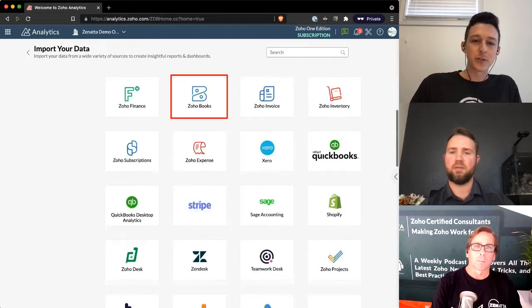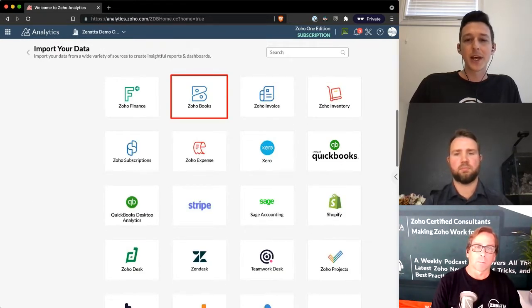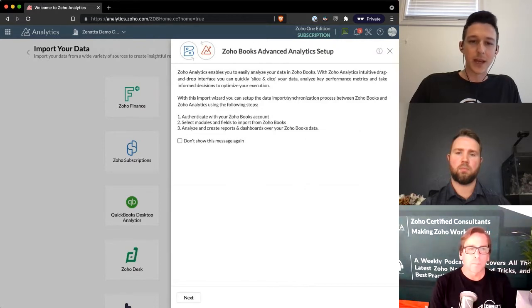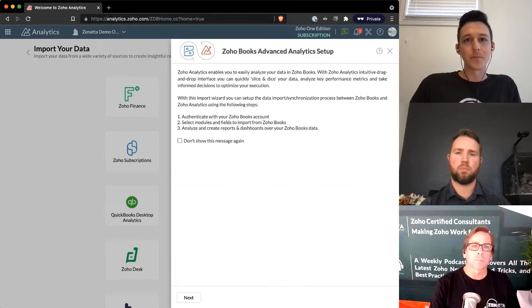In this case, we're going to scroll down and grab the Zoho Books connection here. I will highlight, if you actively are using things like subscriptions and inventory, because those roll up into Books, they're going to come in as well. So you really just need to set up one of these connectors. As we jump in, just as a little disclaimer, letting you know what it's going to do, you're basically going to need to authenticate the account,